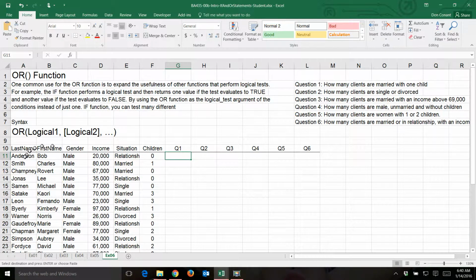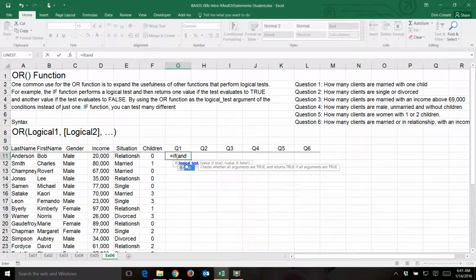Here we have our client list. We're going to take a look to see if this client is married and has 1 child. If they are, we're going to put a 1 in here so we can count them. If they're not, we'll put in a 0, and they won't count when we total them up at the bottom. So if we've got an AND situation here, we're going to take a look to see if they are married with 1 child. First of all, we want to see if situation